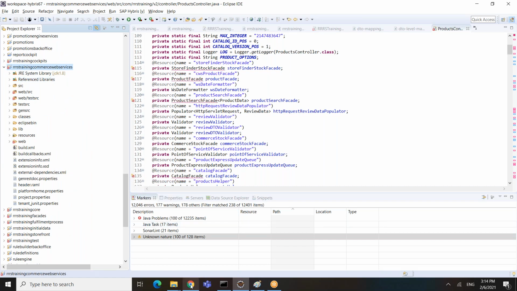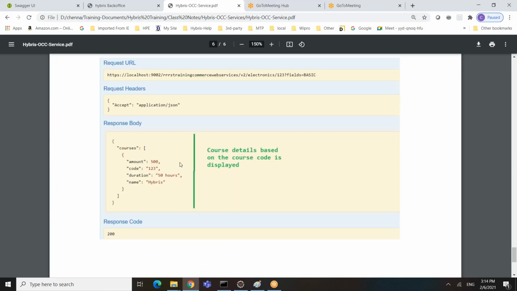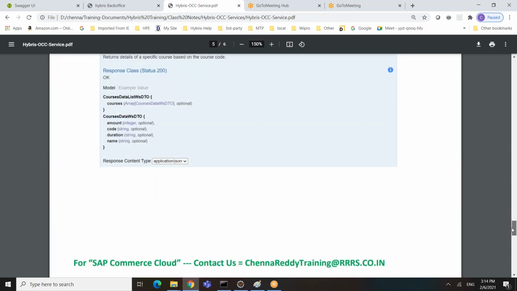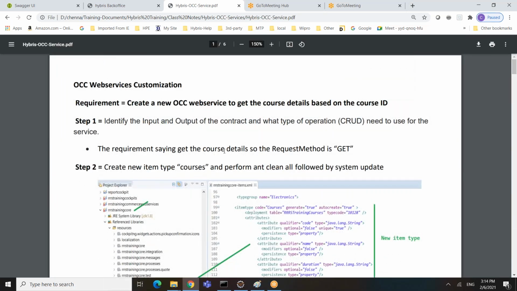So just to recap the steps before we close out the session. We created an item type, but before we start any API, the important discussion you need to have is identifying the contract, the input and output parameters, and what type of operation you want to build as part of your API. Once you know those details, you can write the corresponding classes.